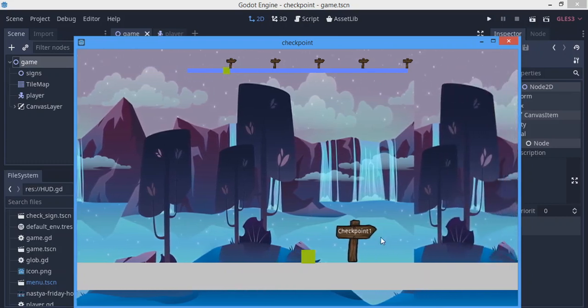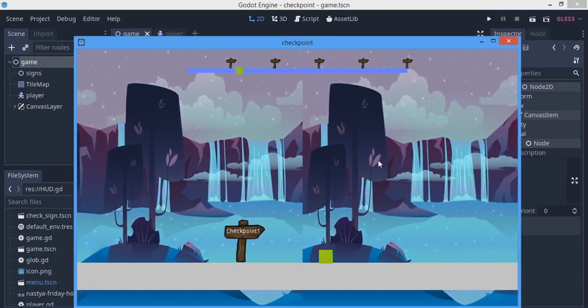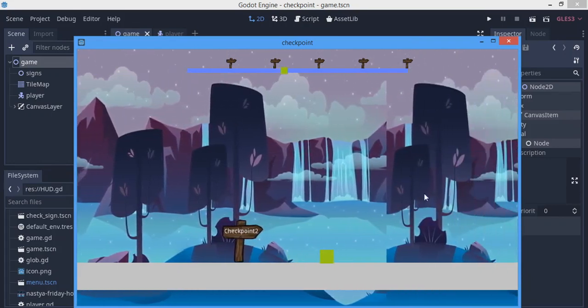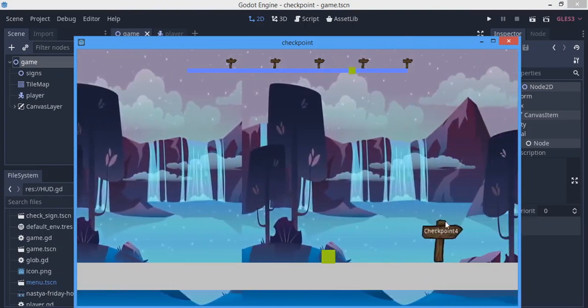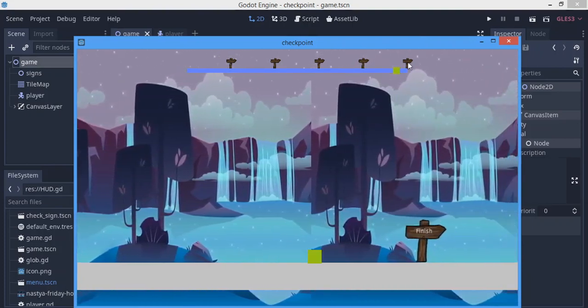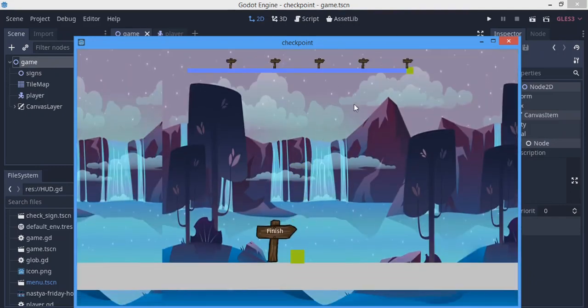So we have our checkpoint and if you notice when I come close it aligns properly. If I move again to checkpoint 2 it aligns, and we're going to be covering all this in this tutorial. At the end here, which is going to be checkpoint 5, you're going to see finish, and when we finish it's going to go back to the menu scene. So that's how to do it, and if you press play again it's going to continue